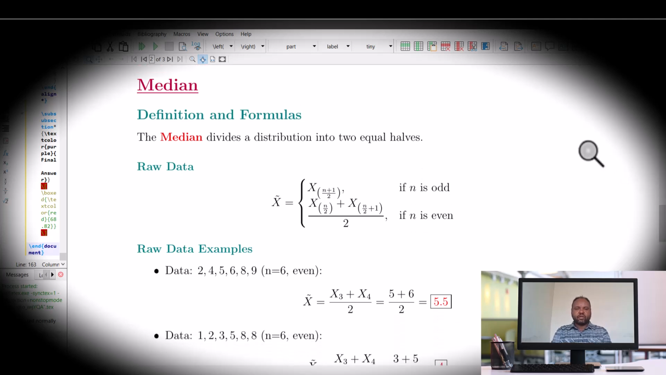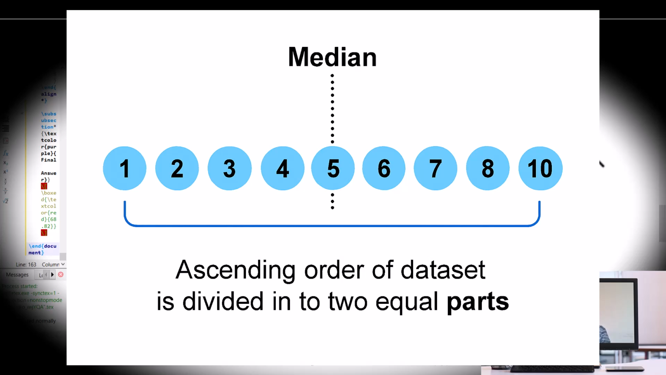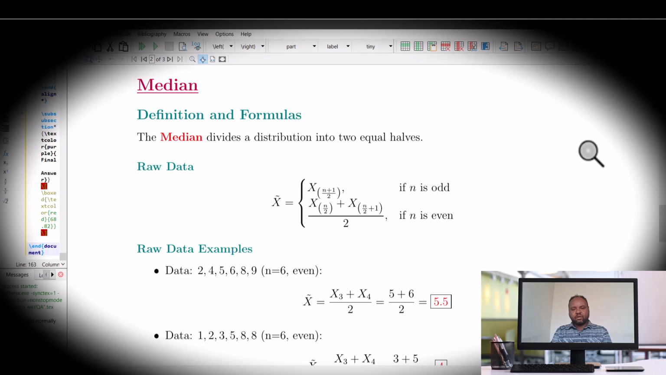But the second measure of central tendency that we are going to explore how to compute for raw data and grouped data is the median. Median is, as the name indicates, a value which divides a distribution into two equal halves, right? For raw data, the median is computed by these formulas, where the formulas are classified based on n,